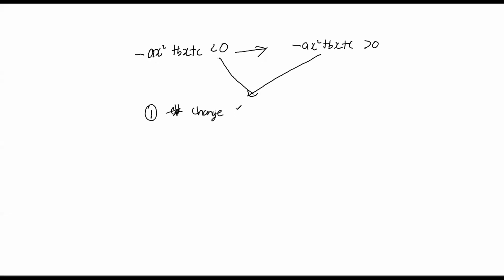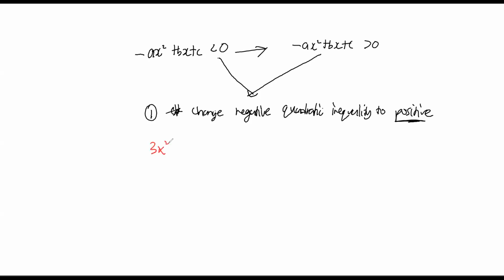change negative quadratic inequality to positive. Just do this. This is the only step. Jika diberikan negative quadratic inequality, tak kisahlah greater than 0 or lesser than 0 or whatever, change it to positive quadratic inequality. How do we change it to positive quadratic inequality? Contoh, let's say lah, we have